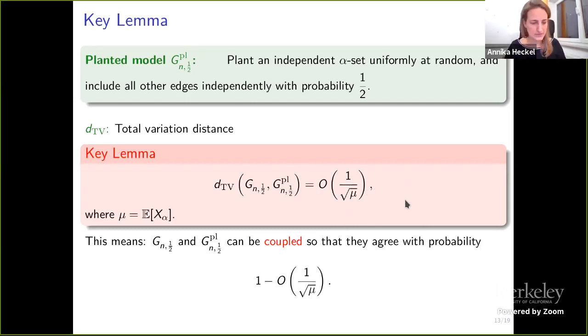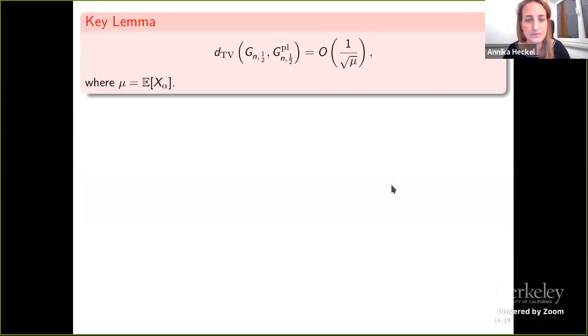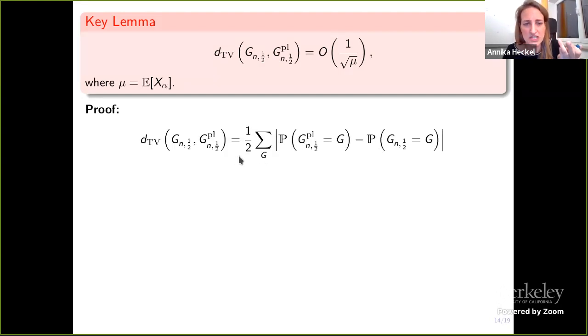Now, I think I have time to prove this lemma because the proof fits on one slide. If you want, you can stop paying attention for this and start paying attention again at the end of this slide. But I think the proof is quite nice because it's so short. We can work this out explicitly. The total variation distance for a discrete random variable you can just write like this: it is 1/2 times the sum over all values the discrete random variable may take. The random variable in this case is the random graph model.